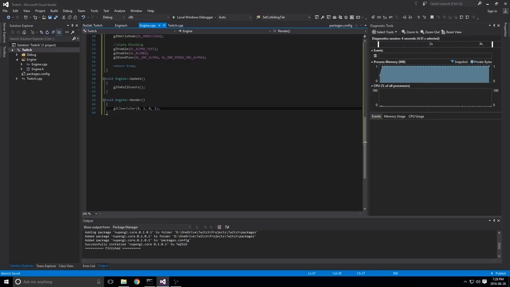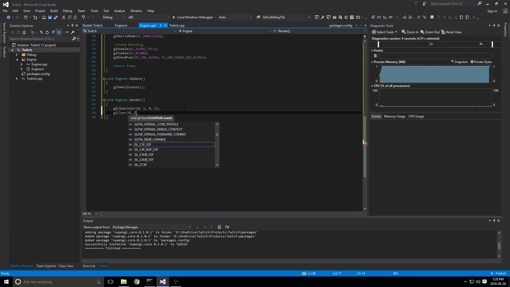So now we've cleared our back buffer with a blue color, and because we're doing depth, we also need to clear what's called the depth buffer bit. This is just a way for OpenGL to clear the bits that it uses for keeping track of the colors and the depths of our current screen. So we're going to call glClear, and we're going to pass in a bit field mask, so we OR things together.